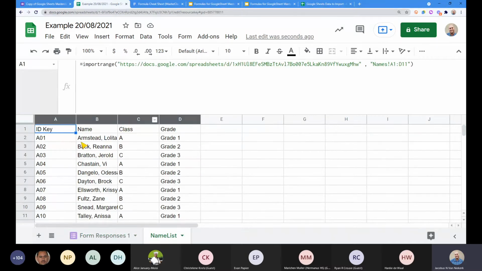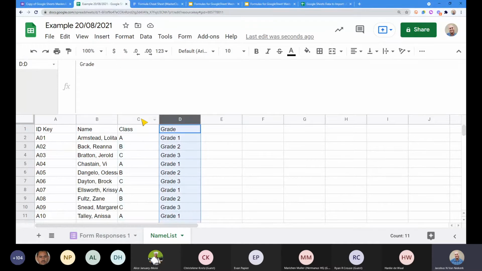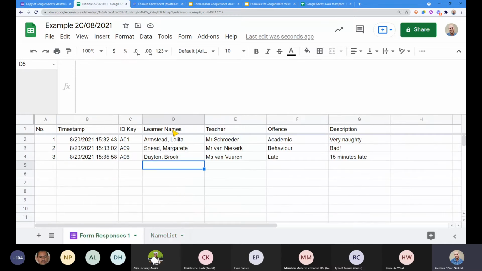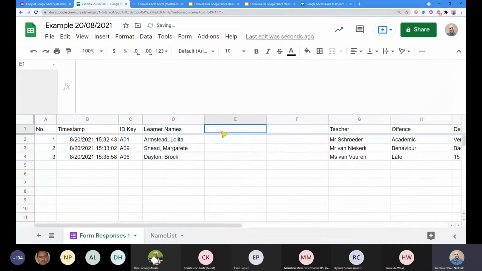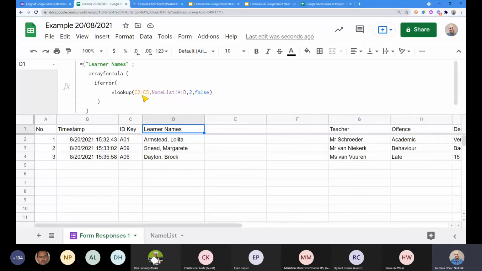But now if I look at my name list, because I'm using this ID key, I can get those things as well. I can get my class and I can get my grade, all from just using my ID key. And that makes sure that we don't have to choose the grade or whatever the learner is in. It is automatically defined just by the ID key. So there I've got my learner names. I'm just going to add 2 more columns quickly. And this column is going to be, let's do it in the same order. Actually, what we do now, I want to show you another little trick that works quite well.